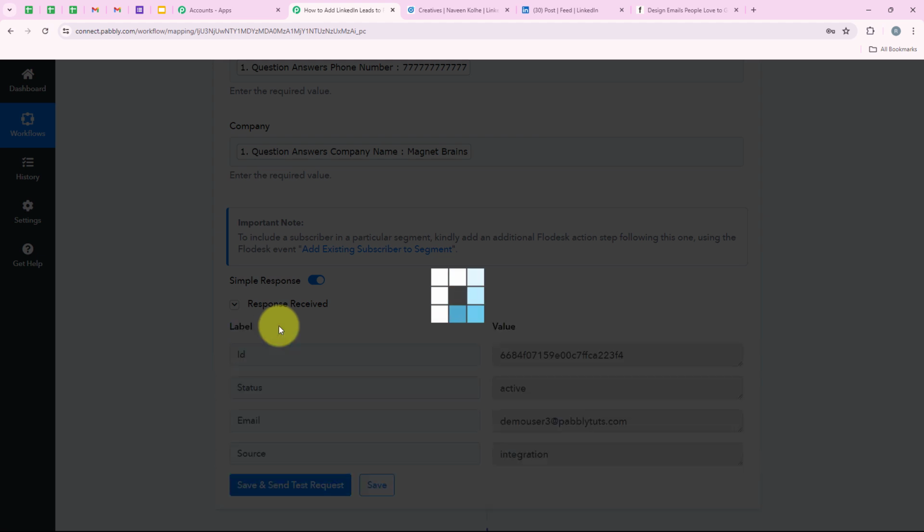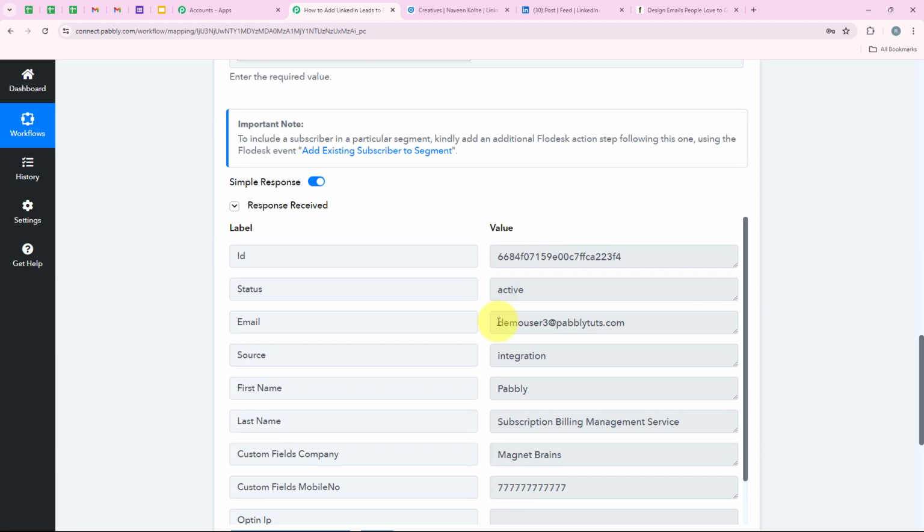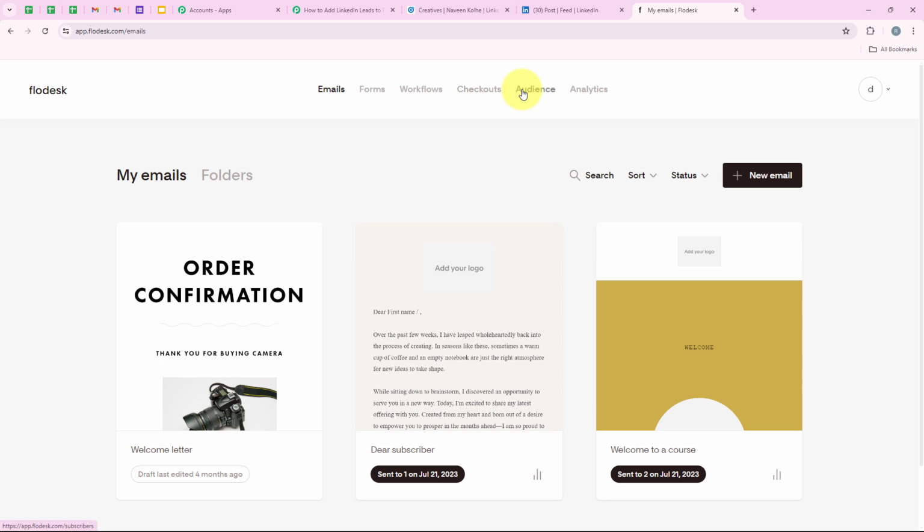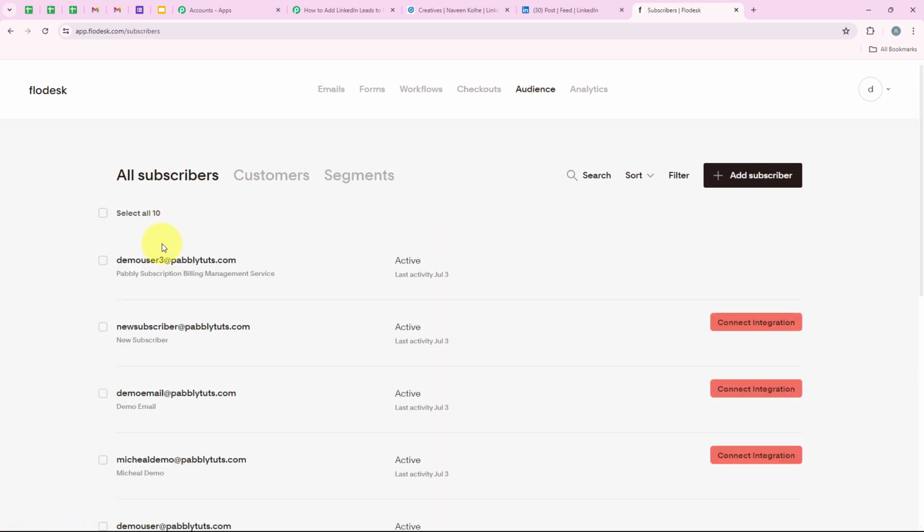test request. And yes, you can see that we have received the positive response that we have successfully created a Flodesk subscriber with the same email address. So I'm going to open my Flodesk account and check if a new subscriber has been created with the same email or not. So I'm going to open it, and then from here we are going to go on audience. And then we are going to wait, and yes, you can see a new subscriber has been created, which